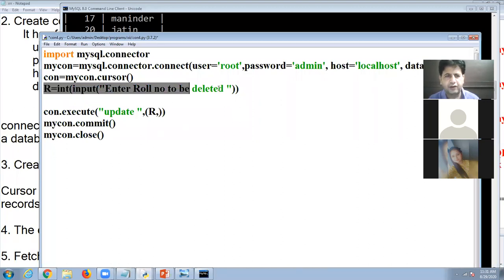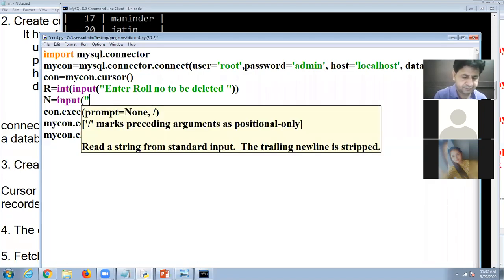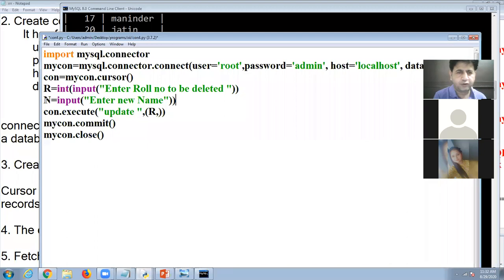Here I want to change one record, so I need the variable for the roll number whose record you want to change. Another is the new name. There is only one more field, that is name. So I want to change the name. Input, enter new name. So I have two variables, r and n.